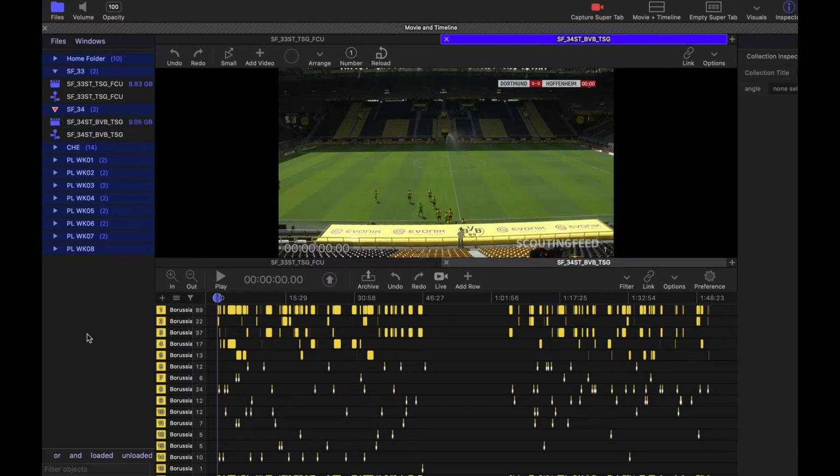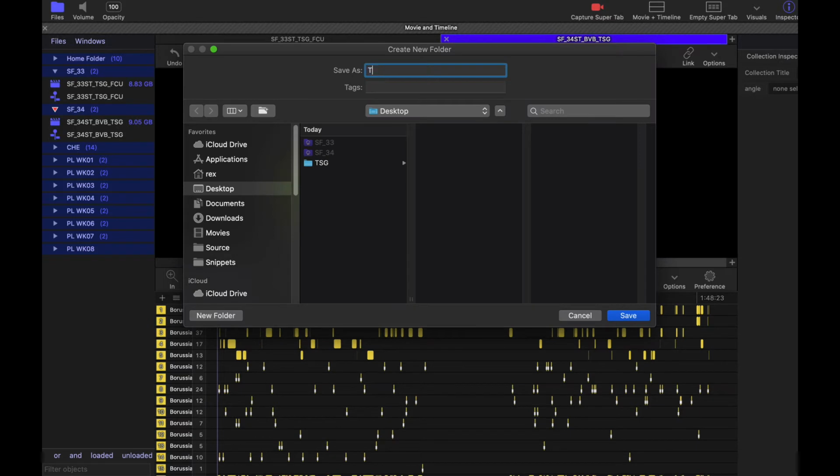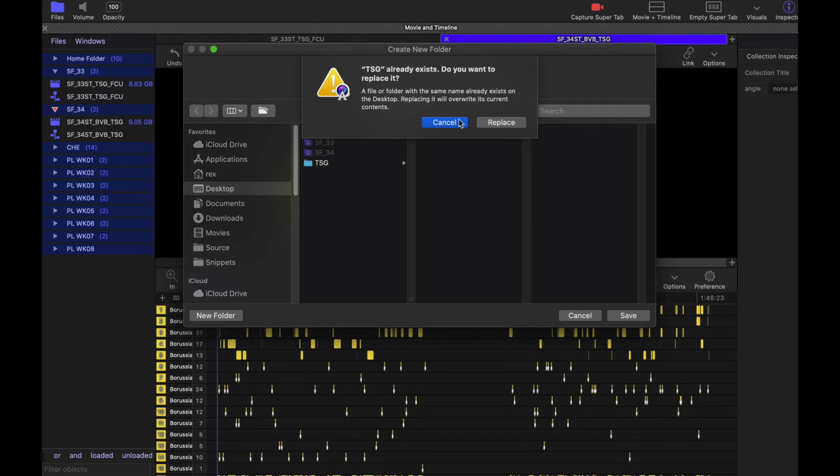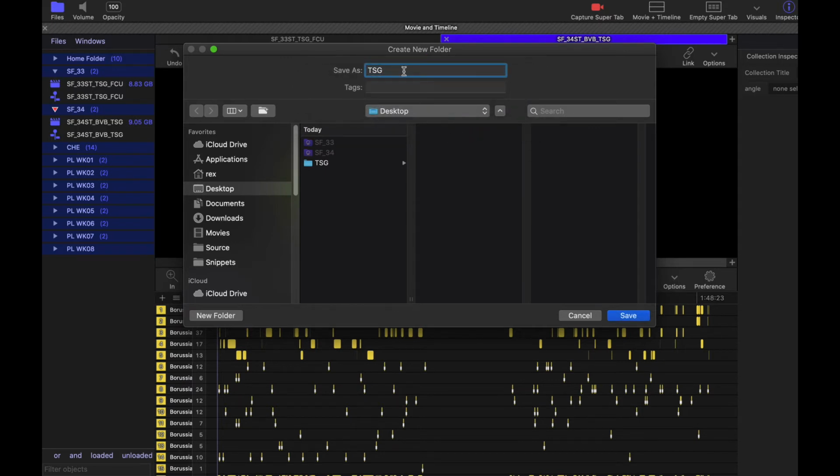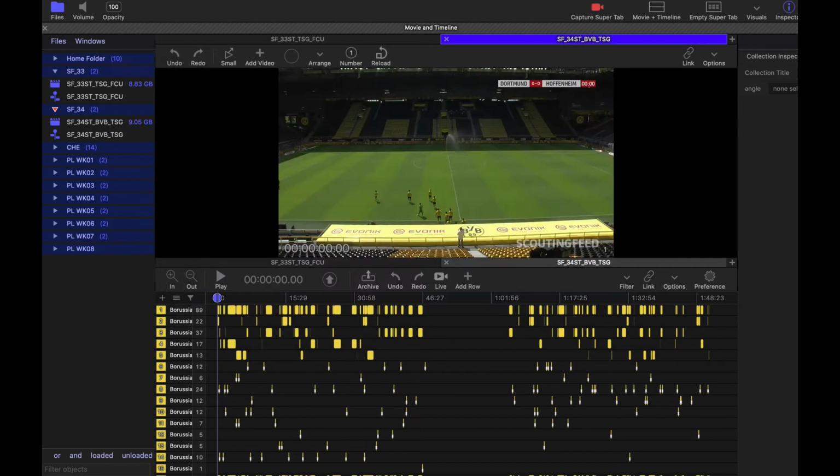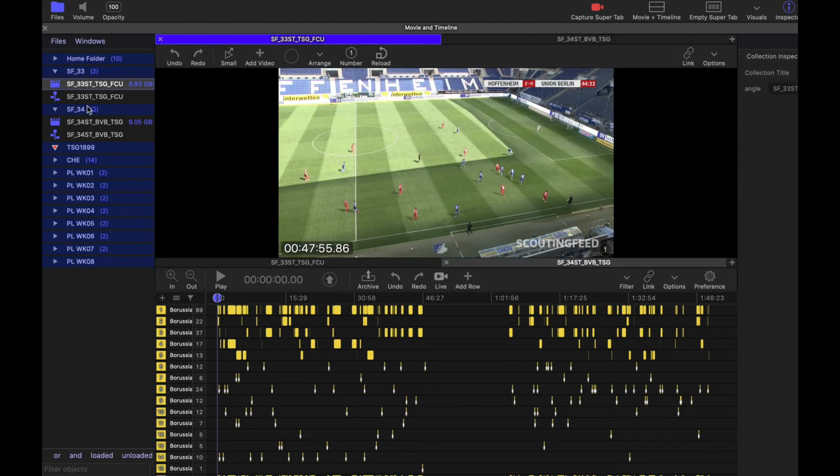So we've got that. Now, again, since these are both TSG, I'll just create a new folder on my desktop called TSG. Oh, there already is one called TSG. We'll just call it TSG 1899. Okay, cool. So now we've got that. And again, I can just go, oh, I actually want all of these in there. So I'll grab those. And that should copy across pretty quickly because my internal computer hard drive is formatted Apple